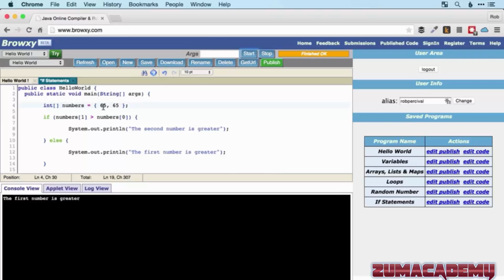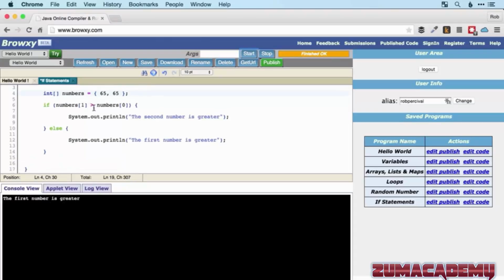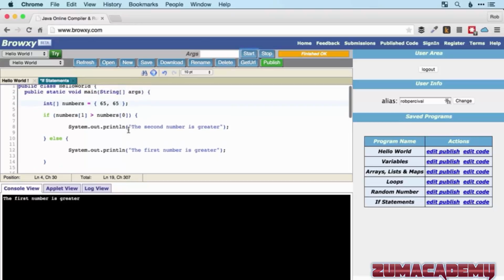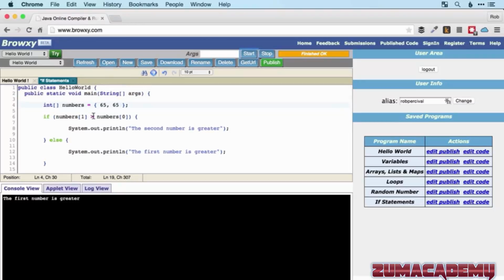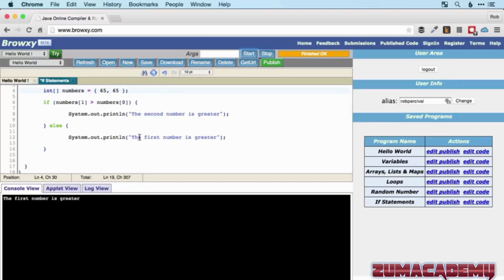if you end up with 2 numbers which are the same in your array, it's going to say that the first number is greater because I did strictly greater than there rather than greater than or equal to. So really I needed 3 options, because either the second number is greater or the first number is greater, or they're the same. So to make this completely correct, I should use a second check to check whether numbers 0 is greater than numbers 1,